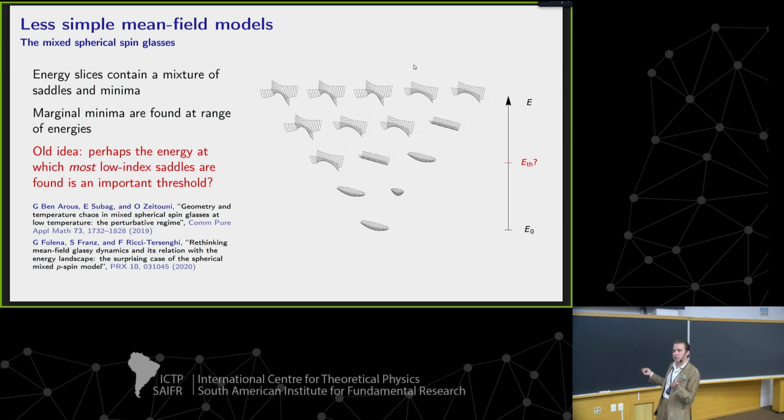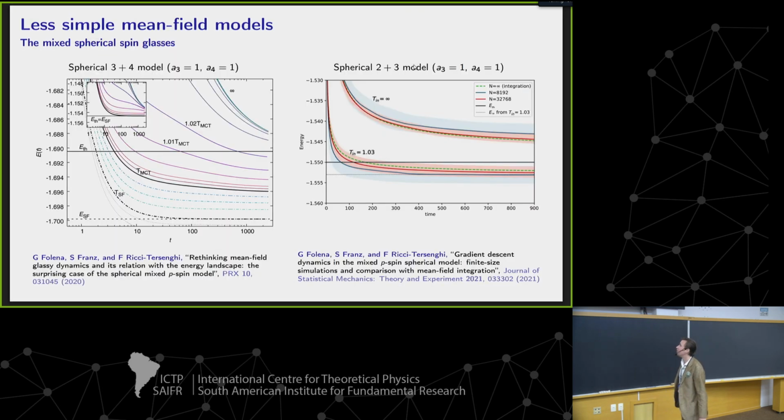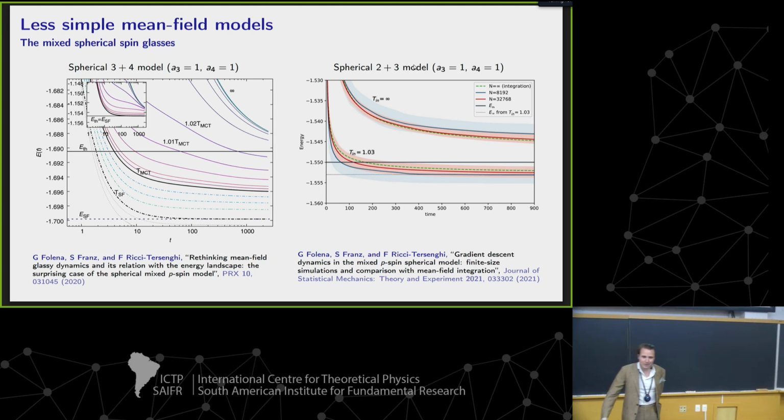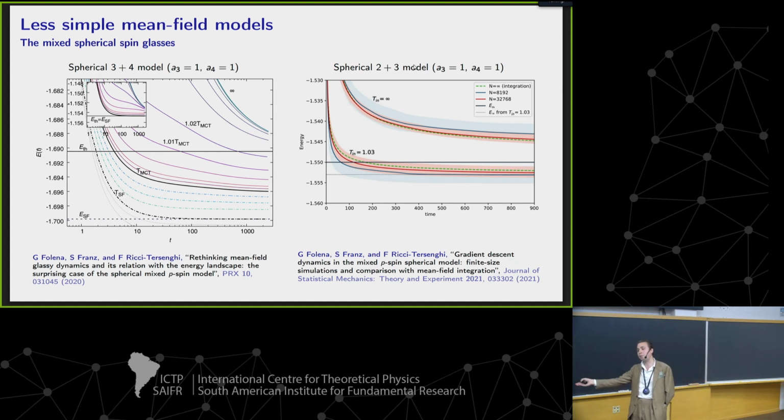So this is an expectation you might have, given some intuition about these models. And here's the intuition again: even in this plot, this percolating thing, which does percolate on this nice two-dimensional plot, doesn't contain every saddle point. There are some that are outside. But in fact, recent work by a colleague of mine has shown this is absolutely not the case. If you take one of these models and do the dynamical mean field theory with quenches starting from different temperatures, you find that the end point of the quench goes to different energies. And it doesn't even seem to be the case that a quench from infinite temperature goes to this threshold. It seems to go above.